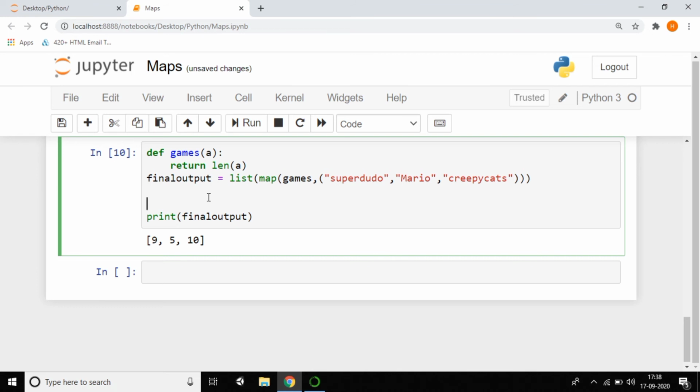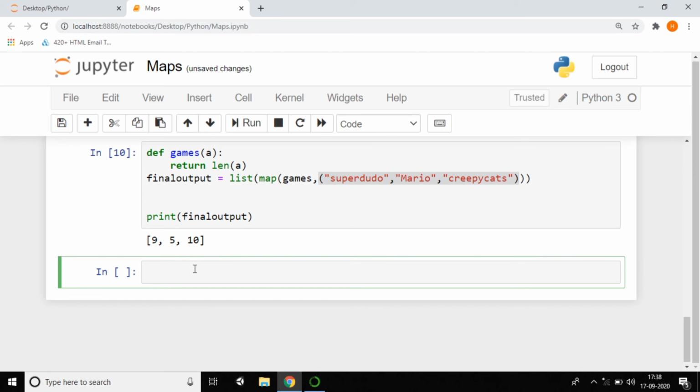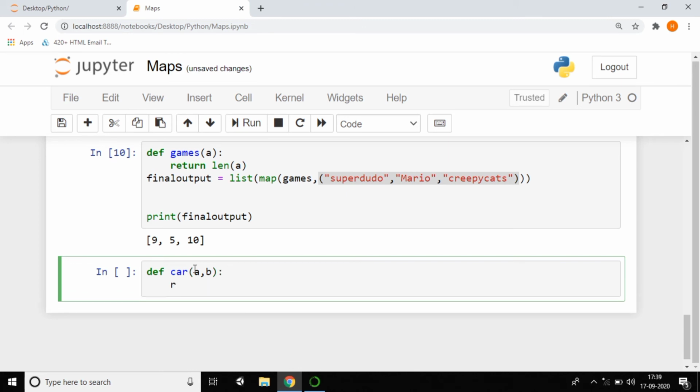And I want the addition of two, I want to print two different items, two different tuples, into a list. Actually this is called a tuple, right? So I'm printing in the format of a list. Now I want to take a function, like car names. I want to take two different tuples here, and just add the two tuples. So you can observe carefully, return a plus b.